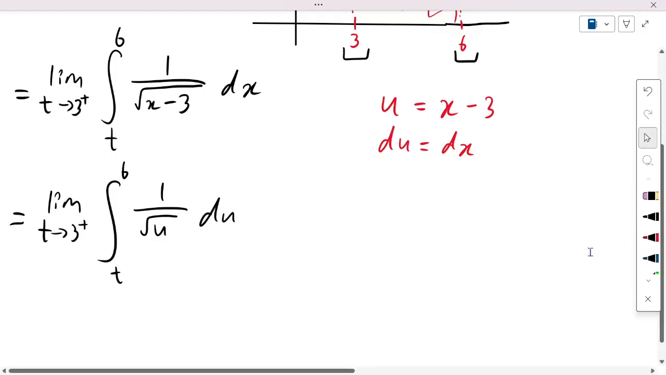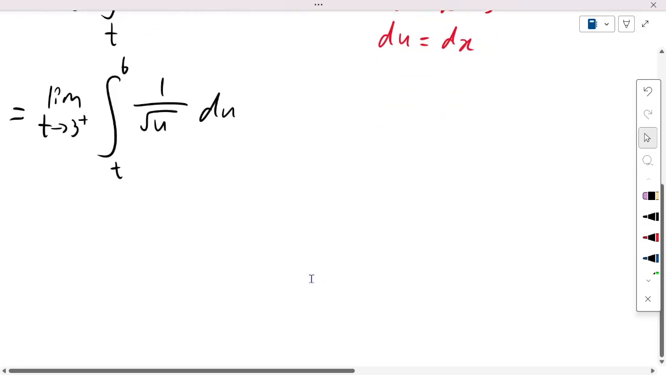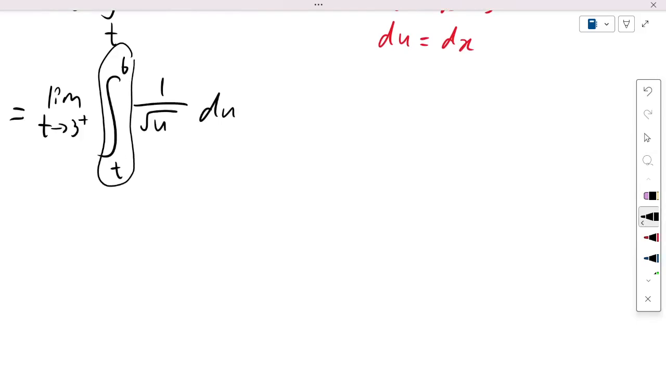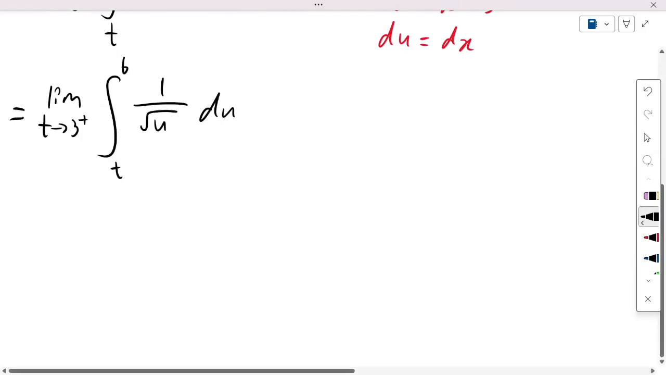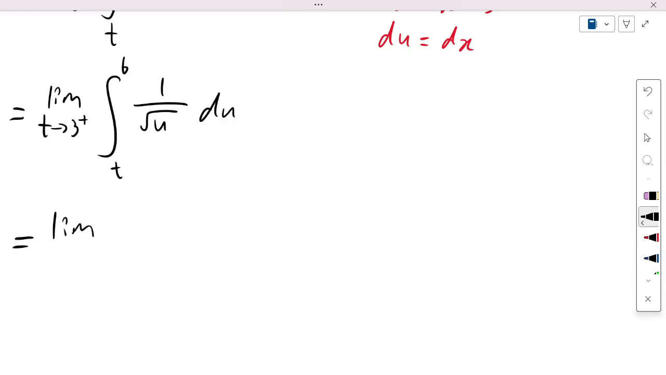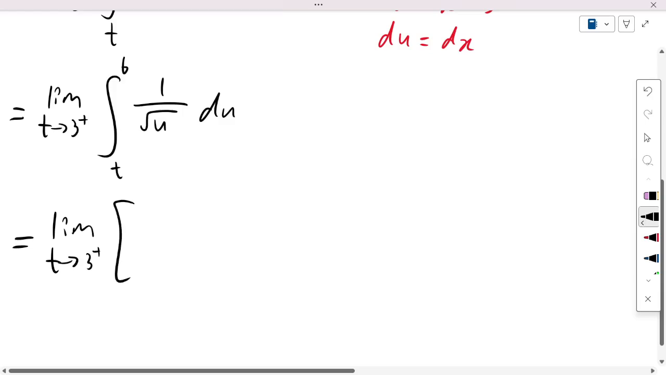Perfect. Now we can integrate with respect to u, okay? We're not integrating with the definite integral yet, because that's where we evaluate. This is only the evaluation, not the integration. The integration is just when we look at the integral alone with respect to whatever variable, which in this case is u. So this could be the limit as t approaches 3 from the right hand side, and then we're going to just